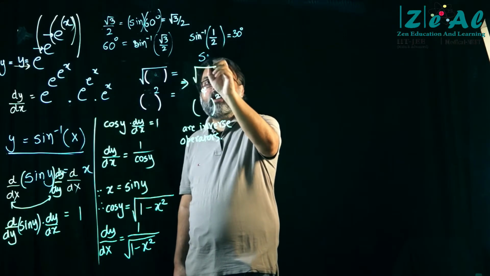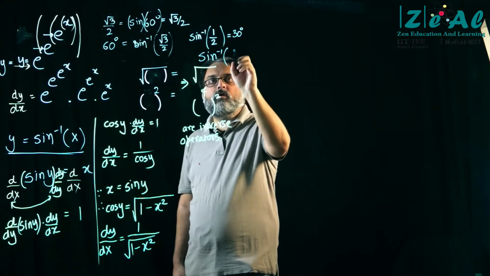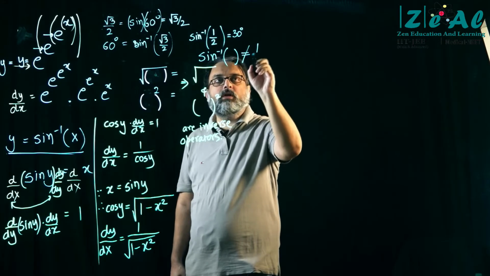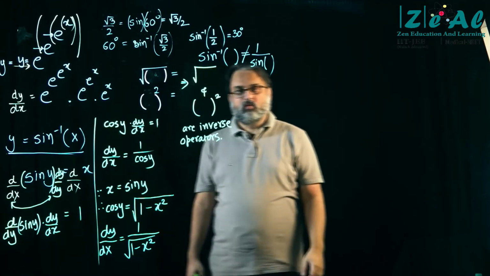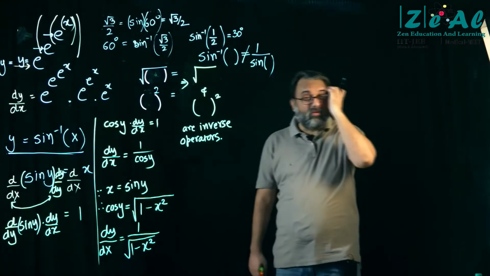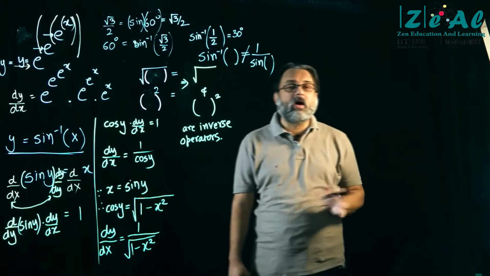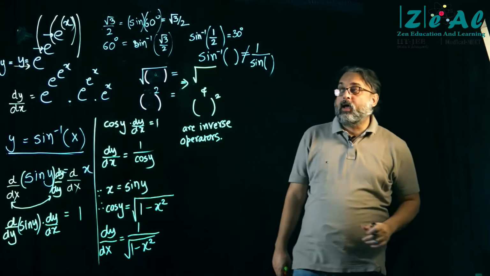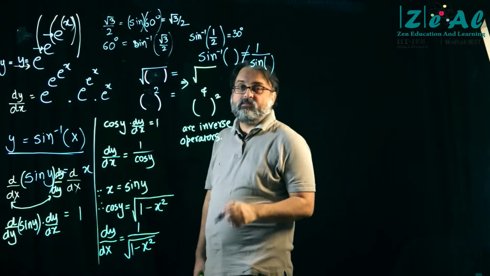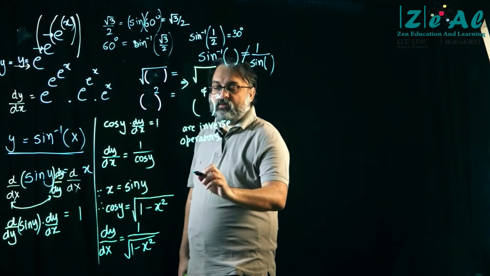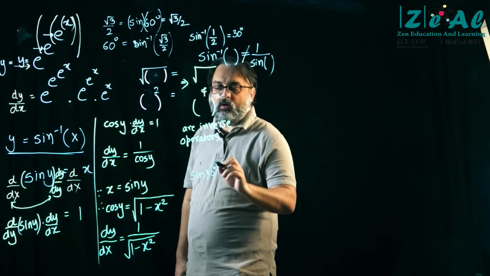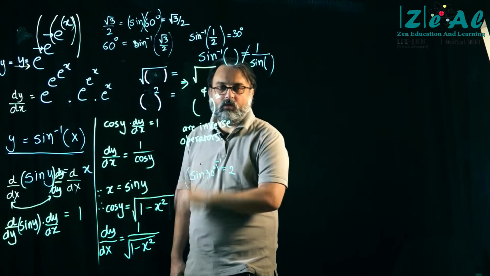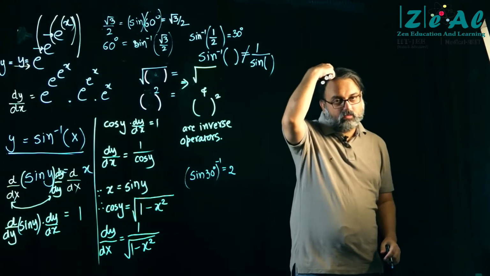So sine inverse of something is not equal to 1/sin. Okay, no, this -1 का जो पावर हमें दिखाई दे रहा है, इस केस में वो पावर नहीं है. अगर मेरे को 1/sin something लिखना है तो I will write it like this: sine 30 degrees whole raised to the power -1 is equal to 2. This is how I will write.